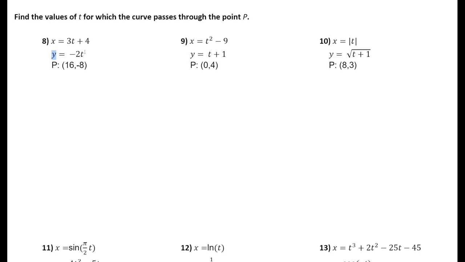Now, if both of your equations have infinitely many solutions, you might be out of luck with this strategy, but it should get you through most, if not all, of these problems. As we go through these, I just want to point out that I'm trying to do the same steps on each one. So number 8, we are going to try to figure out, well, x has to be 16 and y has to be -8 at some time, or it doesn't have to be, but if it does, we can find it by substituting these in for x